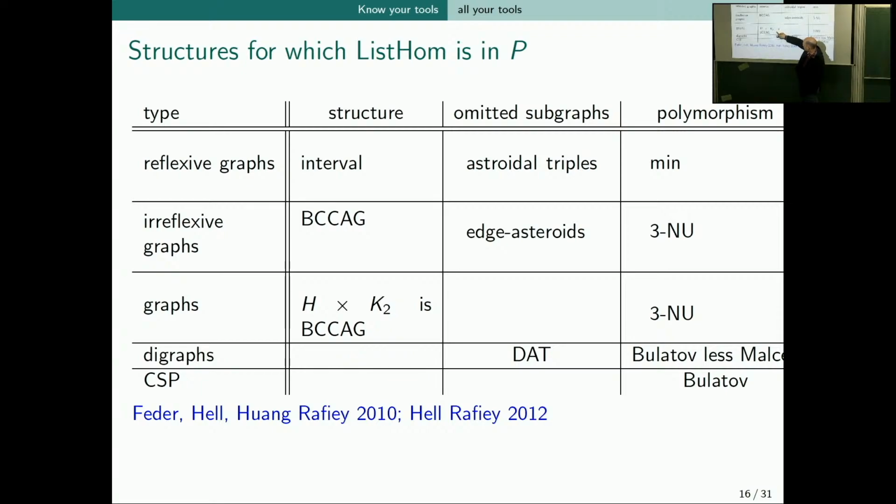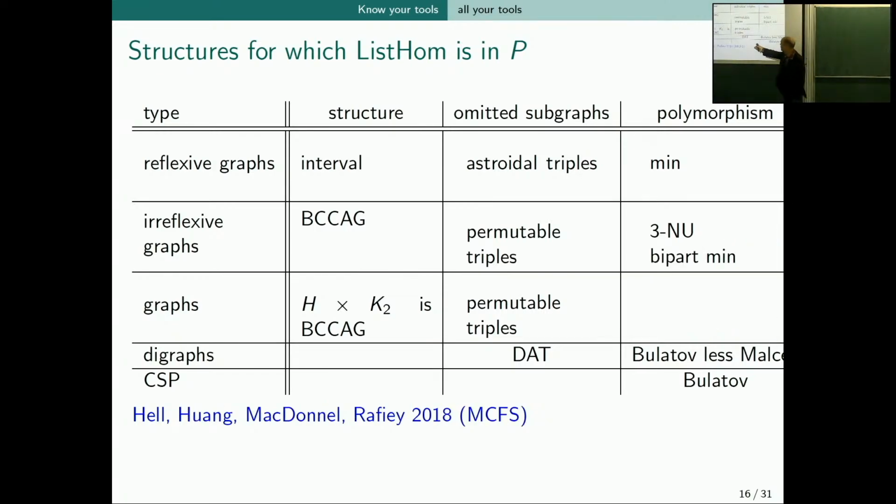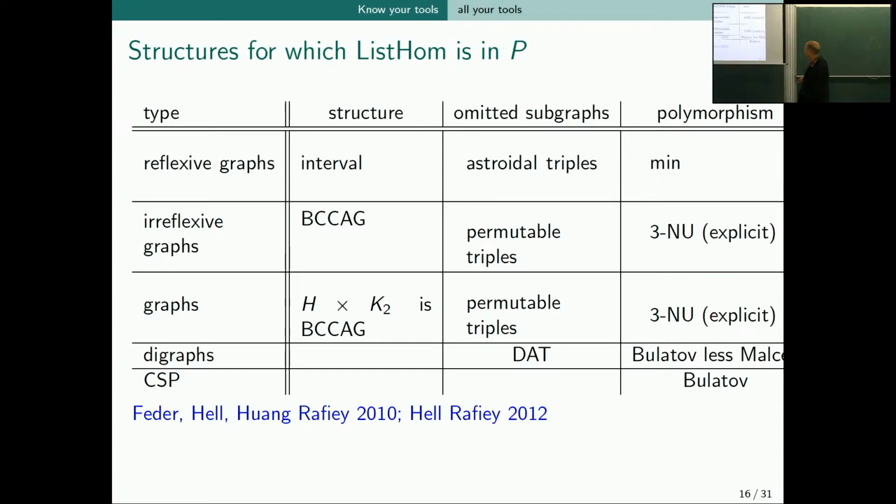Okay. So things that are important here are this reduction. So this reduction from the graph case to the irreflexive case, we'll come back to that. And these notions of a collapse we'll come back to. And then there's one more, more recent paper. Oh, I didn't put it down. So this is by Hell, Huang, Rafiey, and McConnell in 2018. Do I have it? Oh, okay, I do have it. Ooh. Okay, in 2018. Oh, what was that last slide then? Oh yeah, okay. In here,